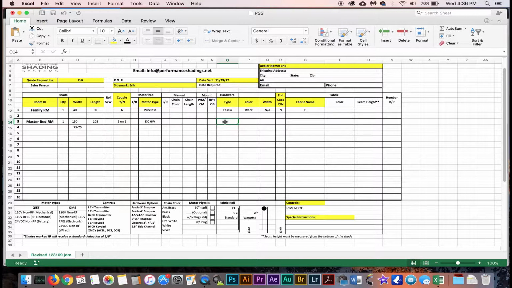So in this particular case, we're going to want to choose a closure size. It's going up into an architectural pocket. So let's just say that pocket is roughly 5.5 inches front to back. We're going to request a 4-inch closure. Okay, so that's going to allow the fabric or the shade to drop down in that 1.5-inch gap that will be left between the edge of the closure and the back of the pocket